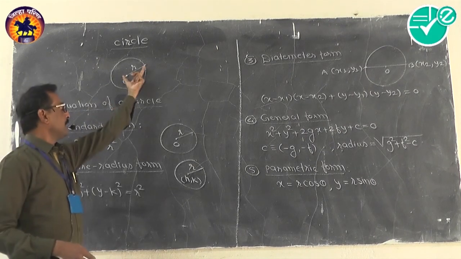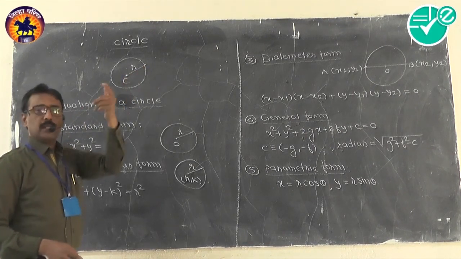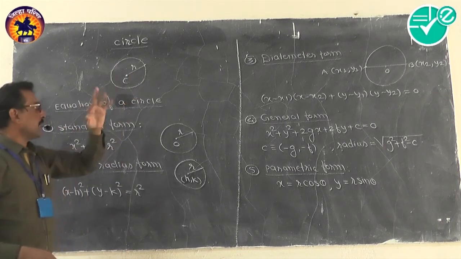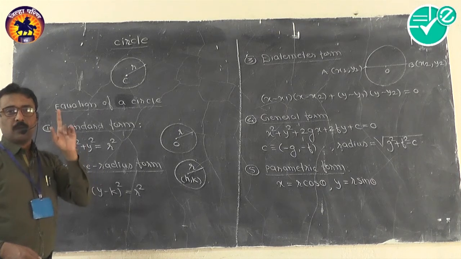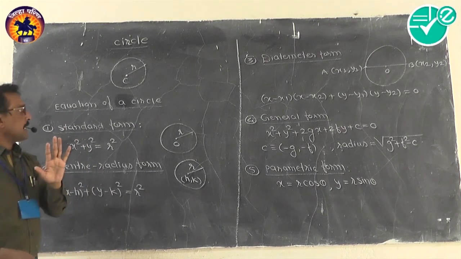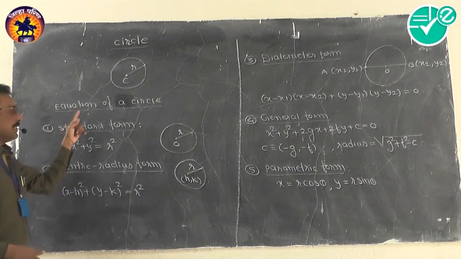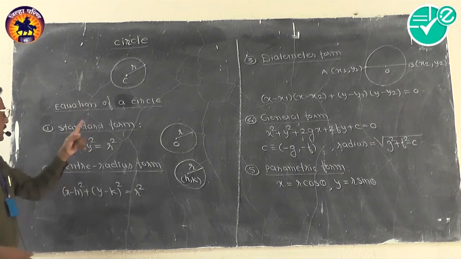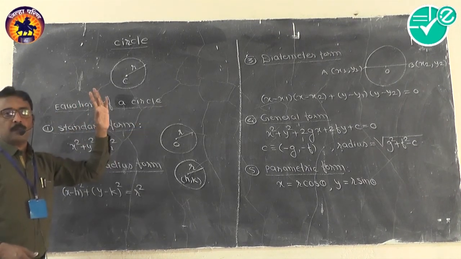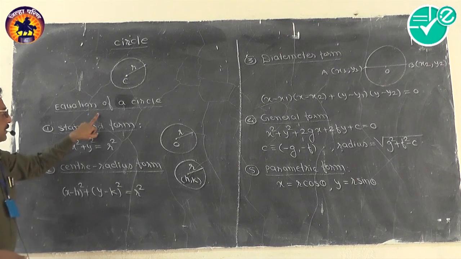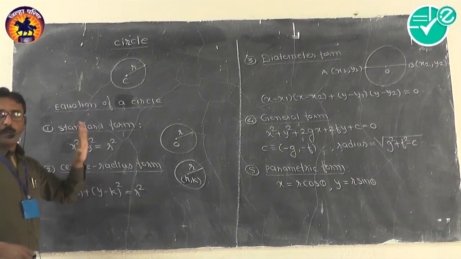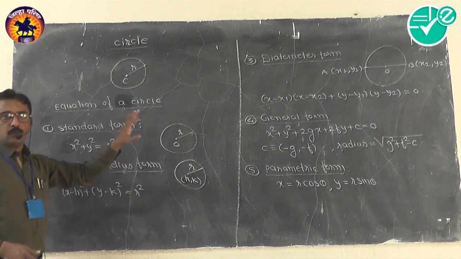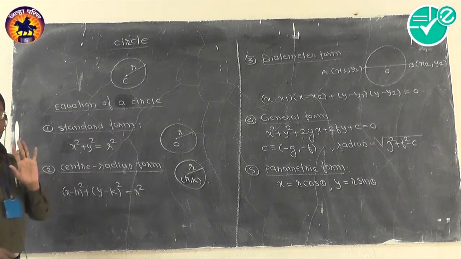What is this fixed or constant distance called? I think you know it is called the radius of the circle and it is denoted by small r. As far as your 11th standard syllabus is concerned, you only have to discuss one article, and that article is the equation of a circle. To discuss the equation of a circle you have a total of 5 forms. We will take problems on these 5 forms written on the board today. This chapter will close here.